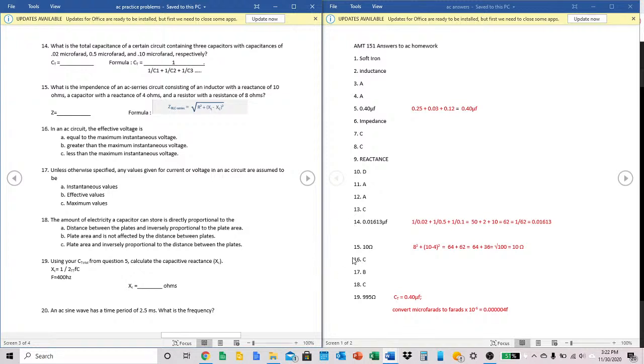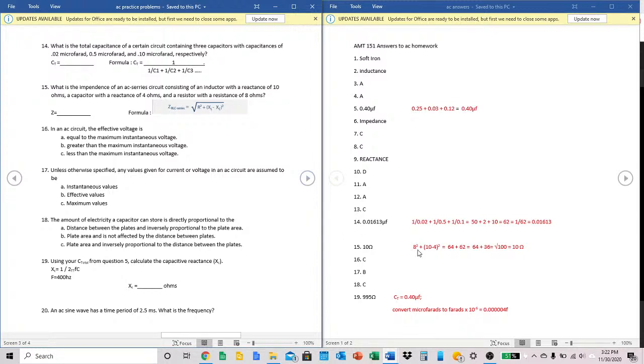Number 15. I think we've seen this problem a couple of times. I know that it's in your ASA test guide. I can't remember if I might have had this on a quiz or an example for you guys. What is the impedance of an AC series circuit consisting of an inductor with a reactance of 10 ohms, a capacitor with a reactance of 4 ohms, and a resistor with a resistance of 8 ohms? Okay, and you have your formula here for your impedance in AC series circuits. So all you're going to do is plug in the information,